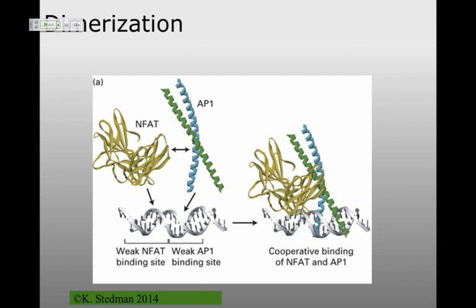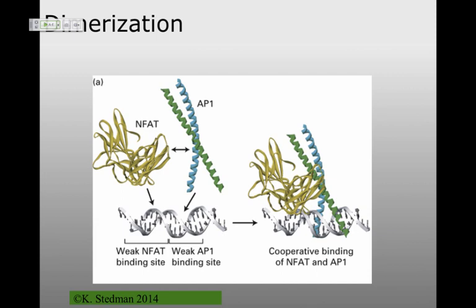Another kind of DNA binding motif, which is pretty common in eukaryotic DNA binding proteins, is the basic helix attached to some kind of dimerization domain. Example here is AP1, where you have a leucine zipper dimerization domain, and then 2 DNA binding domains down here at the bottom. NFAT, nuclear factor of activated T cells, don't worry about the name here, but this is one of those examples where it actually doesn't have an alpha helix sitting down in the major groove of DNA. But what's important about this slide and why I pulled it out has to do with why you want to dimerize, why you want to have multiple different proteins coming together in order to bind to DNA.